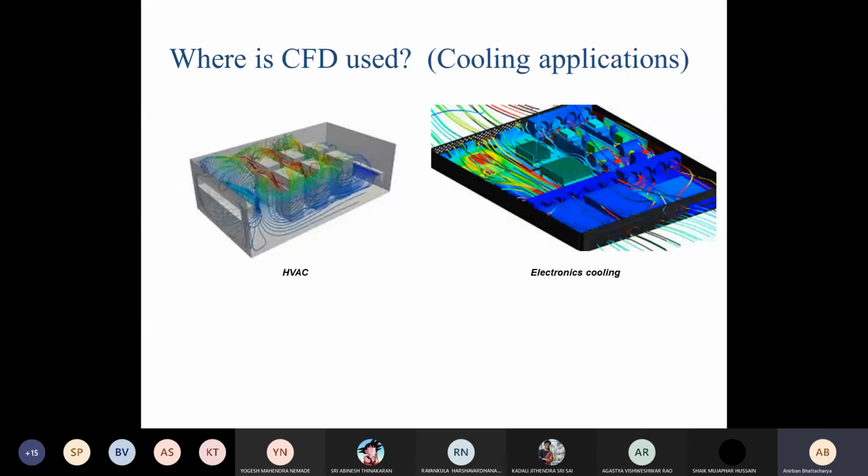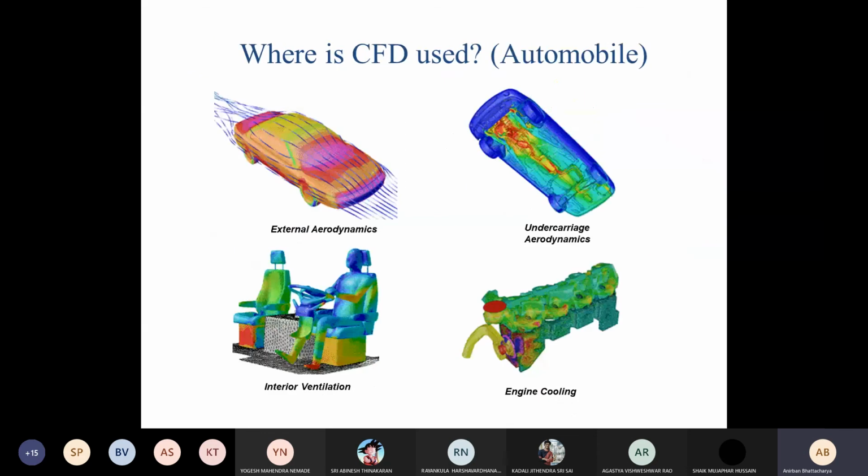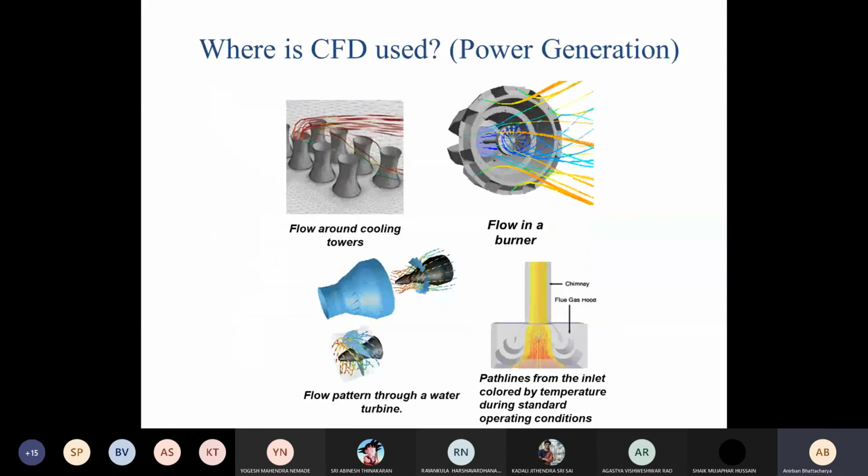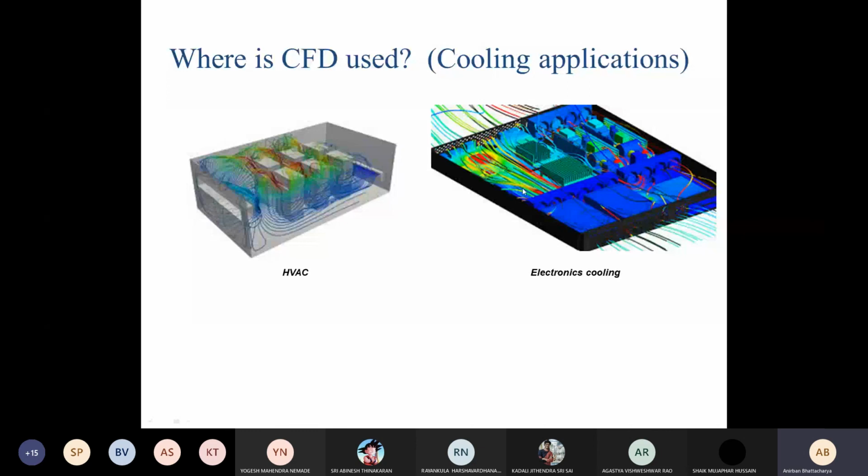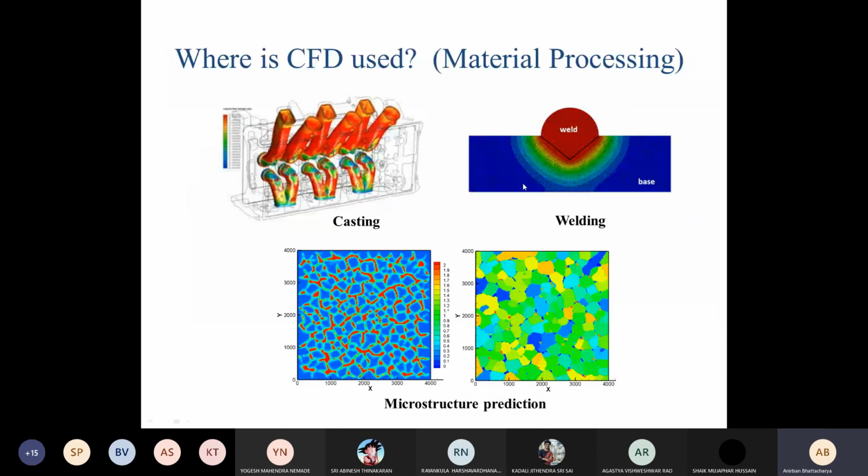These are just extra things that we are going through to get a feel about why CFD is important and why it is interesting, and to also show you that a lot of CFD research is going on nowadays, and in future CFD will become even more important in a lot of applications. These are some of the traditional applications: aerospace, automobile, power generation. But we will see some newer applications like electronics cooling, 3D printing and biomedical applications. Nowadays a lot of CFD work is going on, and even our group is working in those areas.